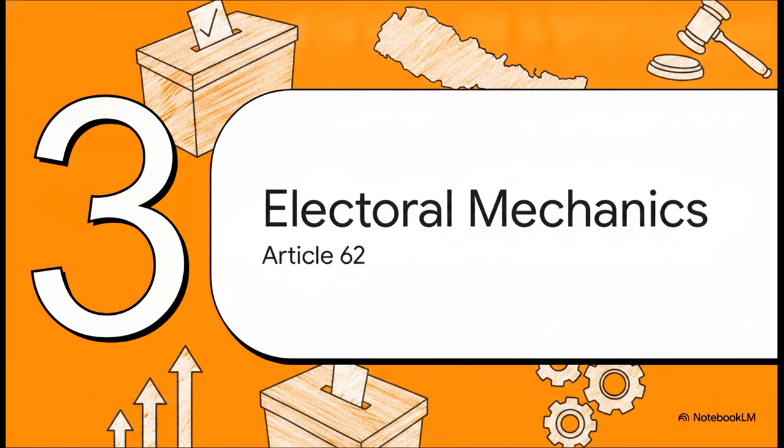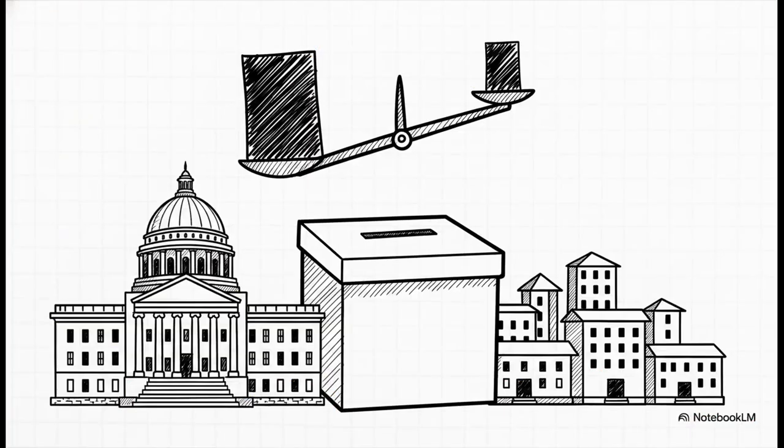Okay, Section 3, Electoral Mechanics. Article 62 sets up a multi-layered election process, and you absolutely need to understand it step by step for those high-scoring subjective questions. The president isn't just chosen by a popular vote. They're elected by an electoral college. And this is a beautiful reflection of Nepal's federal structure, because that college includes members of both the federal parliament and the state assemblies. But here is the critical detail you must write down in your exams. The voting weightage actually differs between federal and state members, based entirely on federal law.